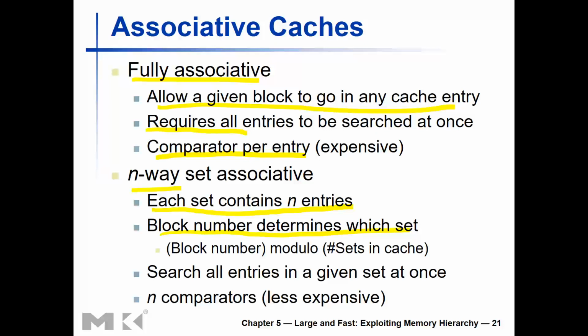So basically, I can take the index value and go to the appropriate set. Once I go to the appropriate set, I need to search all the blocks within that set. So we need n comparators. So this is less complex